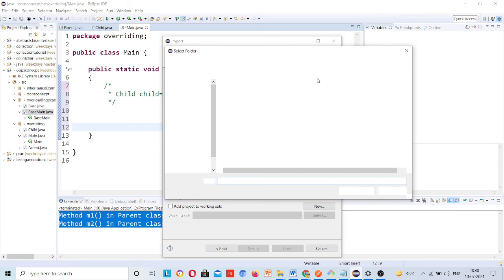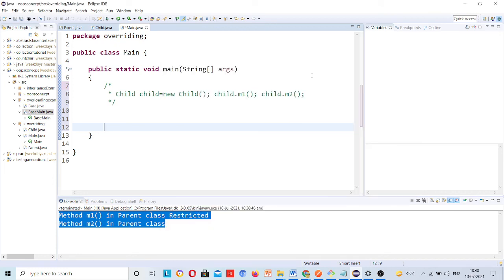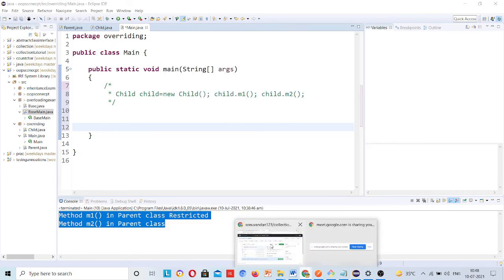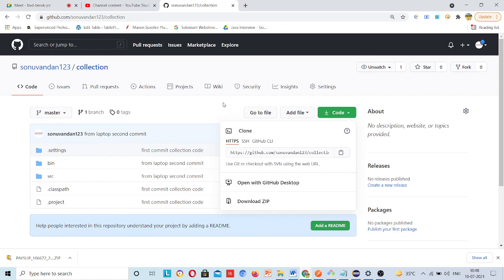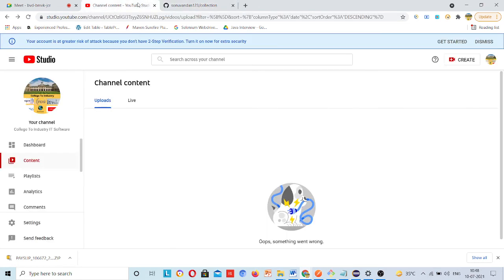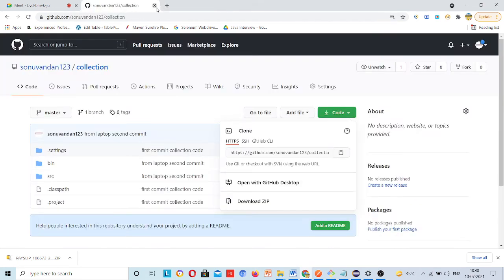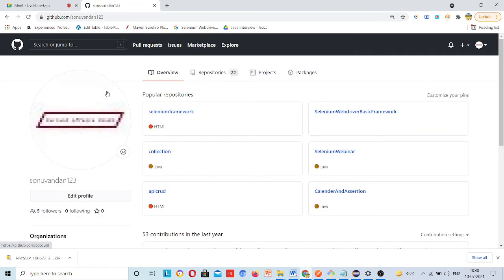By evening you will find the video just after this session, and you will get the code also. I have some work, so I will leave for today. Just keep practicing. In my last batch, students paid more attention and kept asking where the code is, this and that, so I have to do everything on time. Similarly, you have to follow.